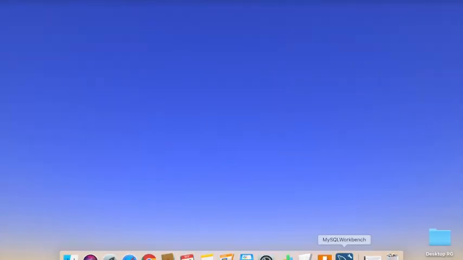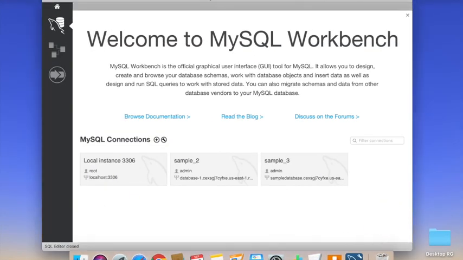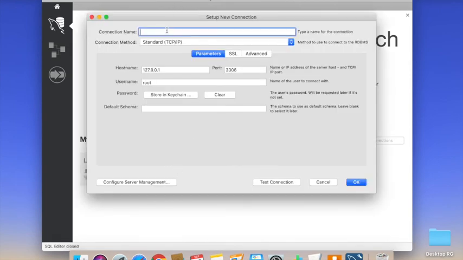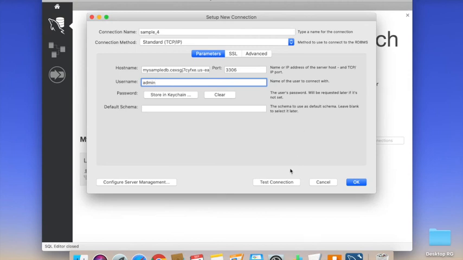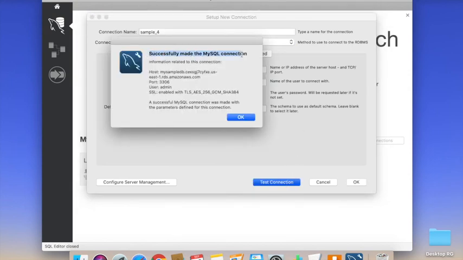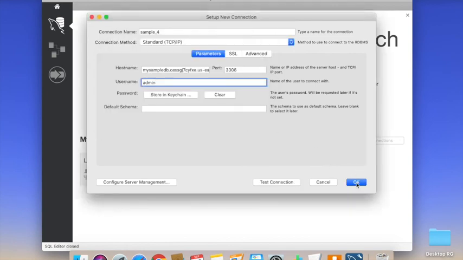Go back to the MySQL Workbench and click on MySQL connections and give the name and host name, paste the endpoint address, username admin, and I mention the password, the old password, and test the connection. The connection is successful. Click on OK and OK.